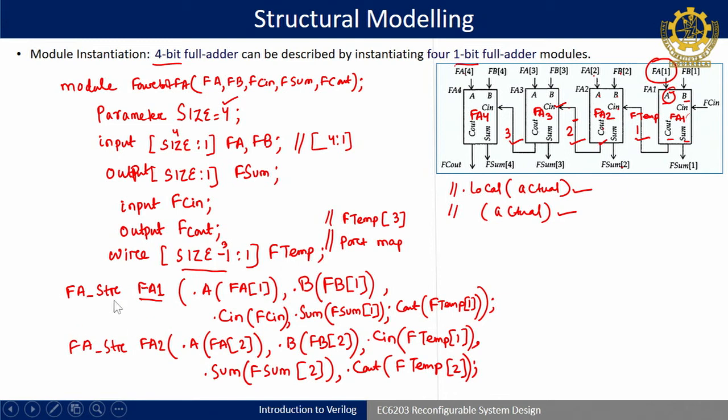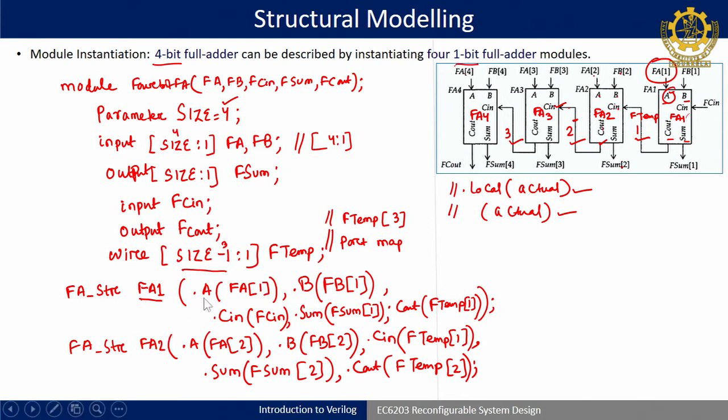Now for doing the connection, which is called port mapping, they use two types of syntax. In one syntax you have to write dot local bracket actual. Local belongs to the module which you are calling, the submodule. Actual is the module where you are calling, that main module, top module. And sometimes you can write only actual. Both have some requirements, also we will see. So FA underscore str I called, so this is the same in 4 cases. Only FA1, FA2 have to be changed, because 4 different modules need 4 different labels for each module.